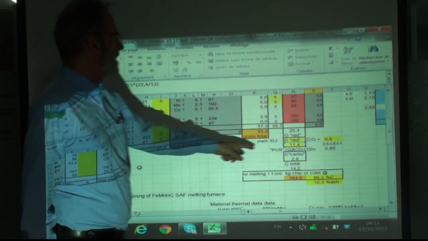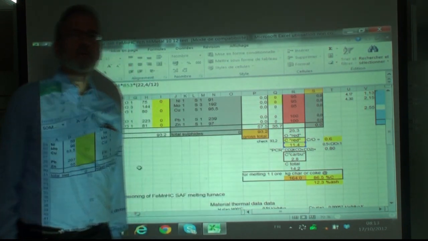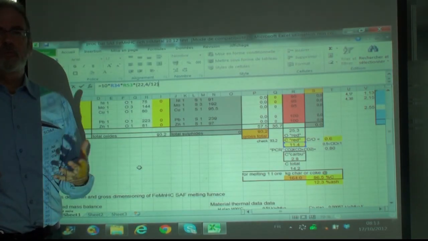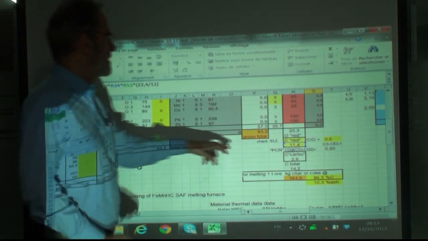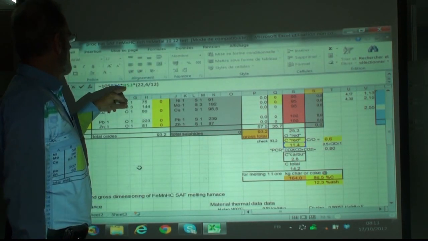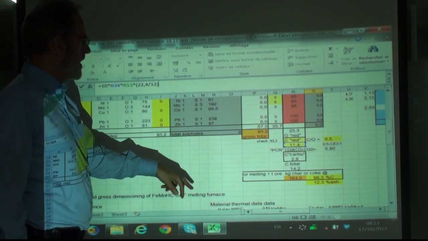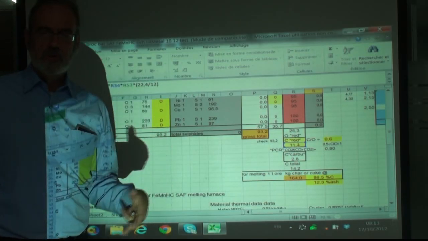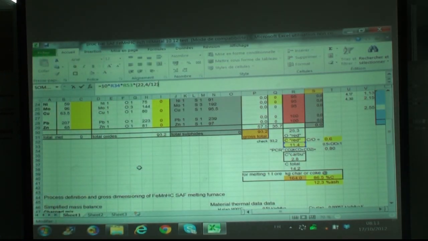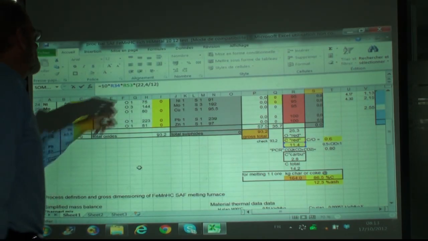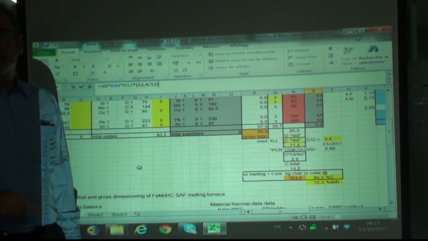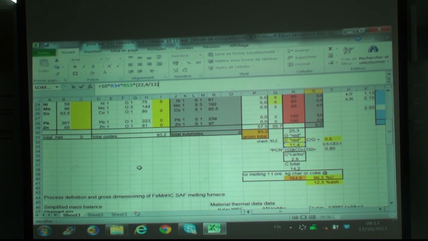Then you multiply by the amount of reducing carbon, that is the carbon which is transformed in CO2, and you multiply this by the ore charging rate, the 24.8 ton an hour, and then you multiply by 22.4 over 12. This is the discussion of yesterday